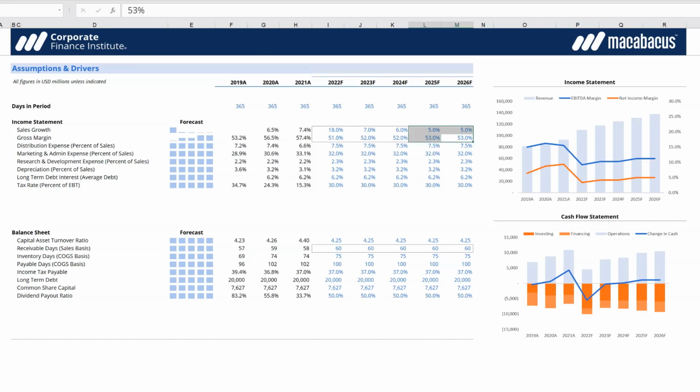We can take these off now using the Macabacus shortcut, Control-Shift-, to remove the outside borders. You'll see we talked earlier about spark lines, which are here. Again, we only have 5 years of projections, but if you were looking at 10 years or more, it's a lot of information to digest, whereas the spark line shows you quickly a big jump in sales year over year in year 1 of the projections, and then something much more modest going forward.